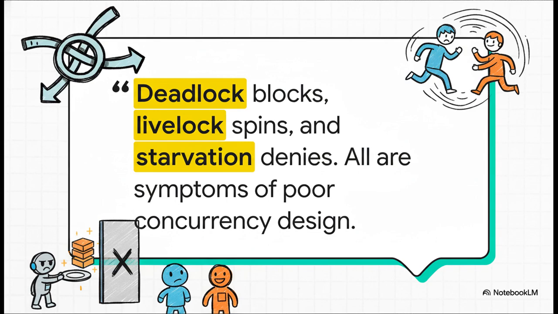So let's wrap this all up with this one key idea. Deadlock blocks, live lock spins, and starvation denies. All three of them are simply symptoms of a poor concurrency design. They aren't just abstract academic problems. They are real-world failures that you can and should prevent. And by understanding their causes and applying the right strategies, you can build applications that are robust, efficient,